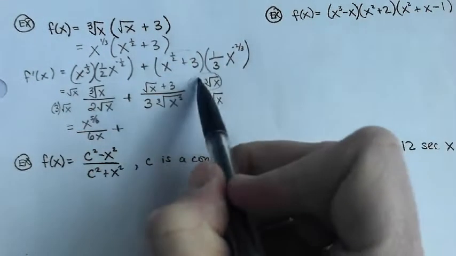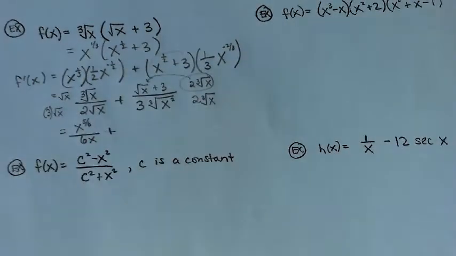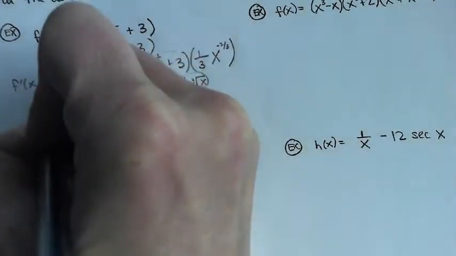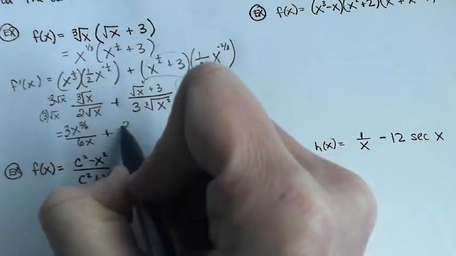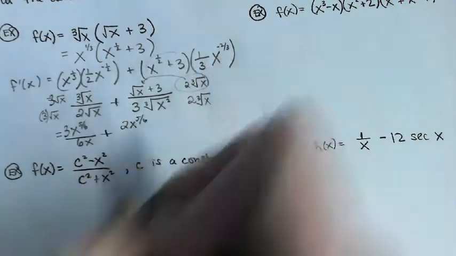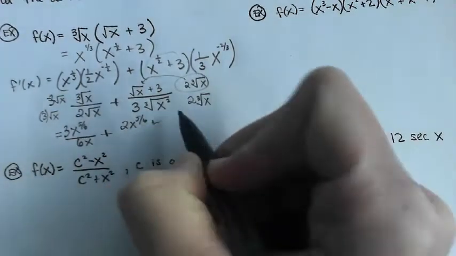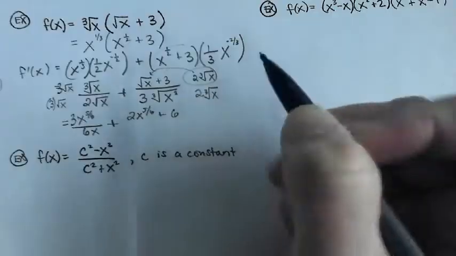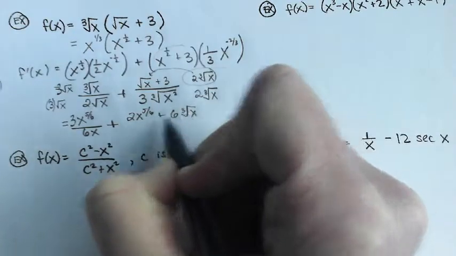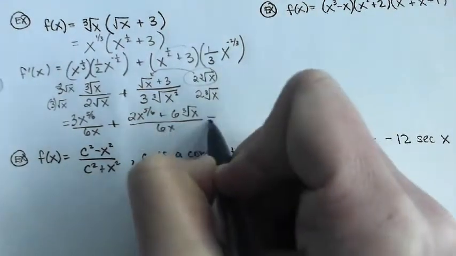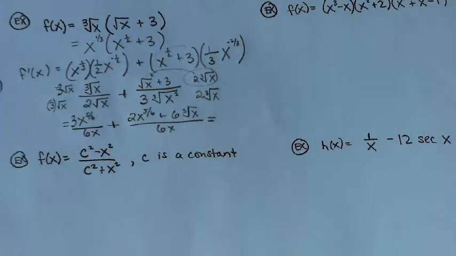and over here I'm going to have to distribute. So again, that's x to the 1/2 times x to the 1/3. Oh, I forgot the 3. Yep, you're right. Sorry. So up top over here, it'll be 2x to the 5/6 plus 6 cubed root of x, or x to the 1/3 if you want, all over 6x. I'm hoping that the back of the book is not going to make you go through